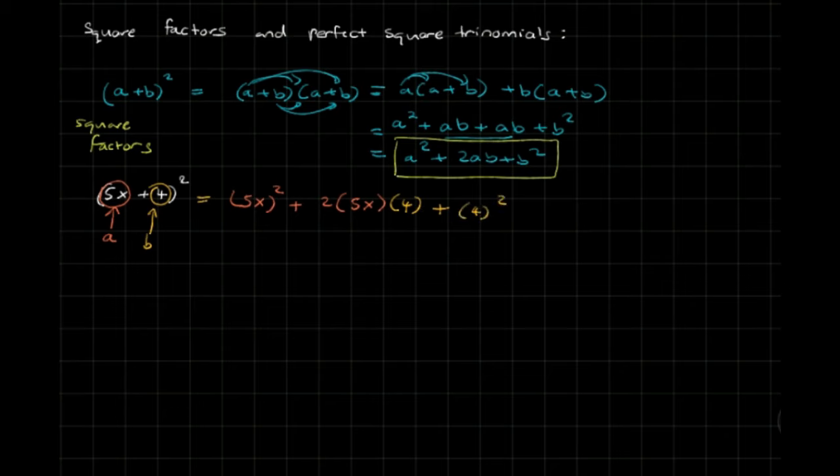And if we simplify this, 5x squared is 25x squared, plus 2 times 5x is 10x, times 4, which is 40x, plus 4 squared is 16. And this is your expansion. This would be the same value you get if you actually use the FOIL method. So this is a bit faster. And we can use this for any kind of square factor in the form of a plus b squared. Now for a minus b squared,